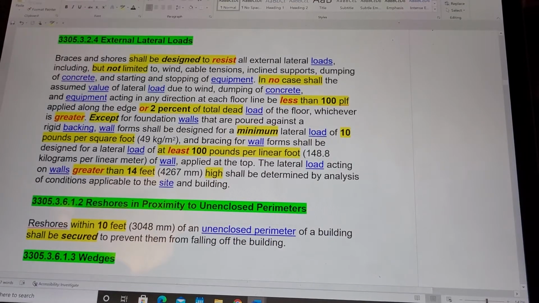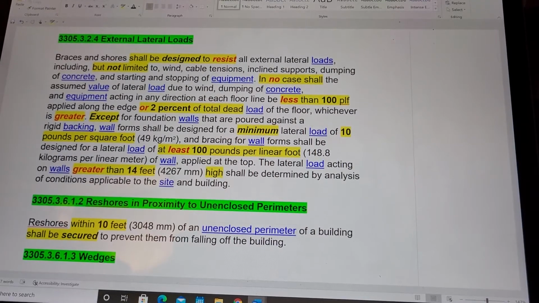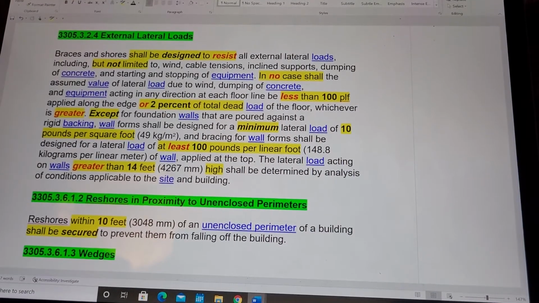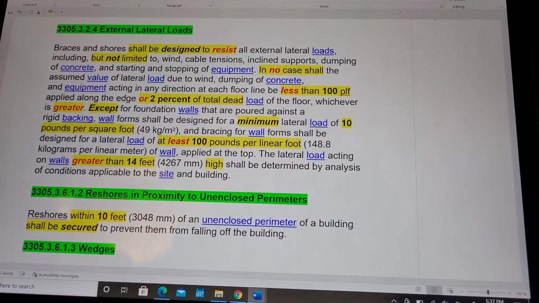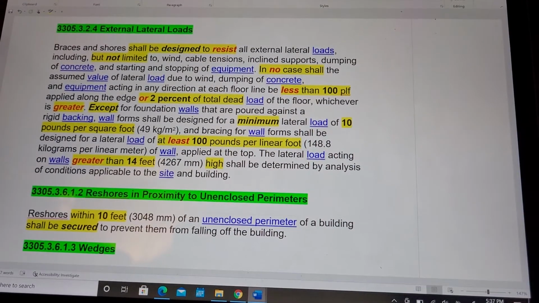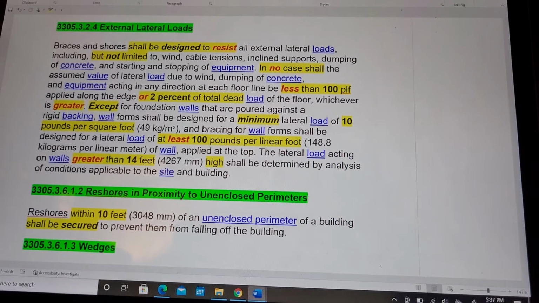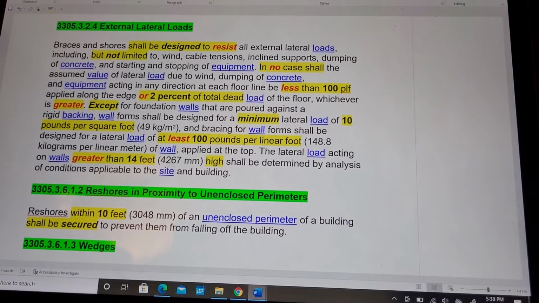3305.3.2.4, External lateral loads. Braces and shores shall be designed to resist all external lateral loads, including but not limited to wind, cable tensions, inclined supports, dumping of concrete, and starting and stopping of equipment. In no case shall the assumed value of lateral load due to wind, dumping of concrete, and equipment acting in any direction at each floor line be less than 100 pounds